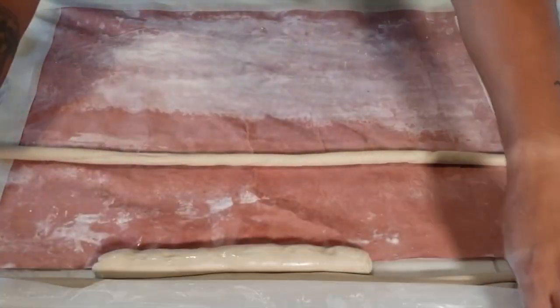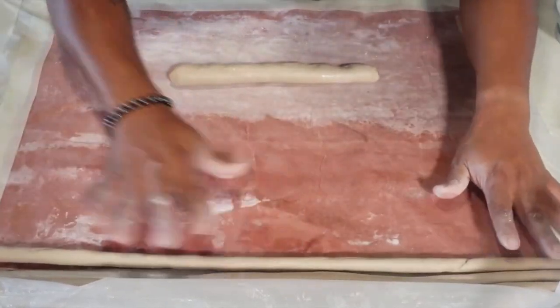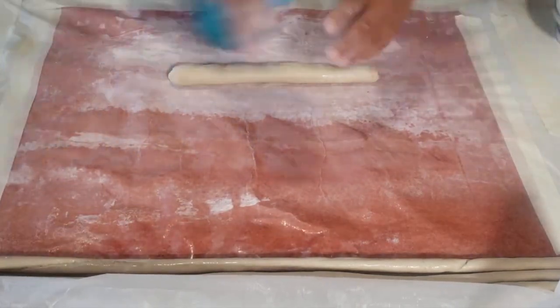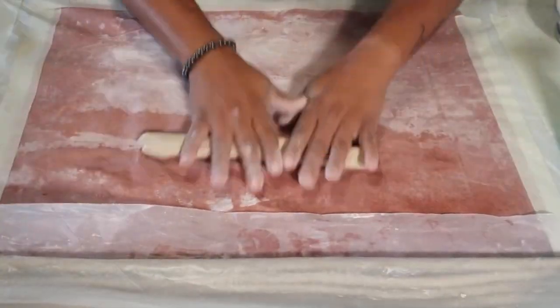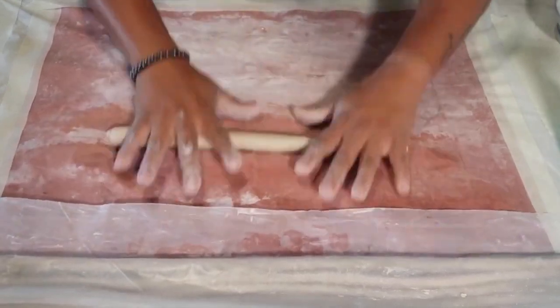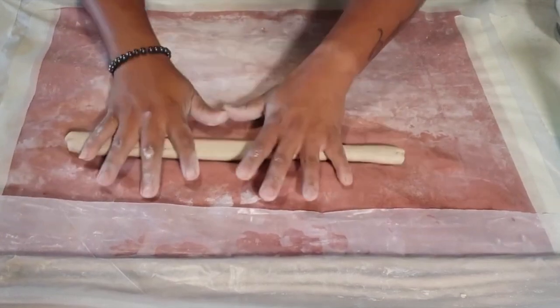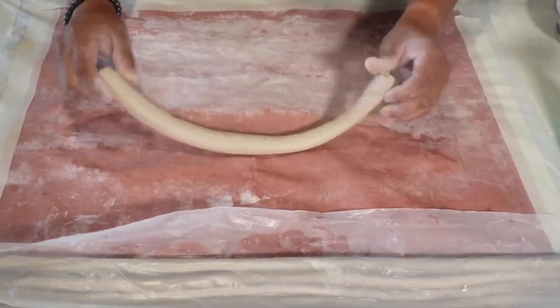Now again, as I mentioned before, my plastic is up here, and I will just set my coils under that plastic, and I will spray those coils to keep them wet. Now we're stretching out this clay. We're making our coils to make our base. Our base can be made in a couple of different ways. One of the ways, actually I already have pre-made coils here, but one of the other ways that we can